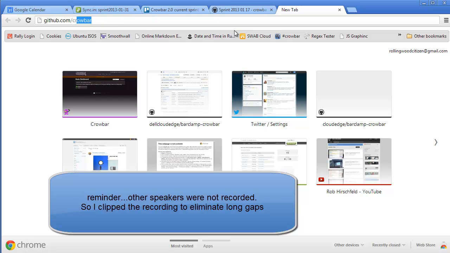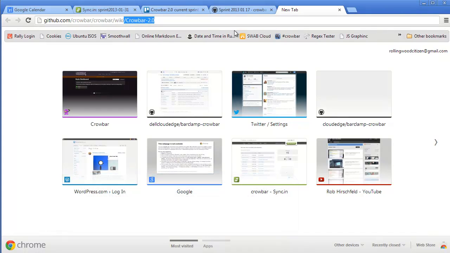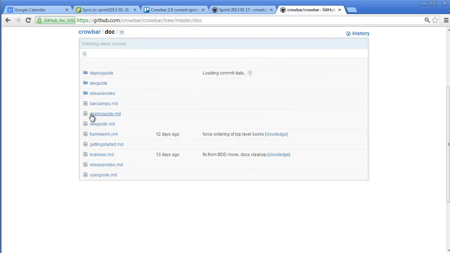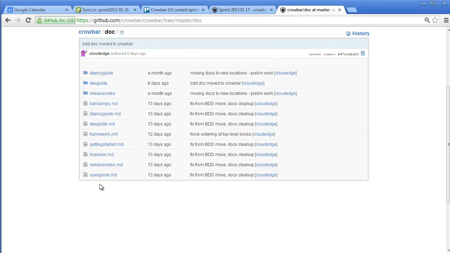an issue. So I'm going to take a second just to show what that looks like. In the Crowbar repo there's a doc directory, and then there's a whole bunch of information. These are the placeholder stubs for all the other documentation books. If you were to go to the barclamp Crowbar,